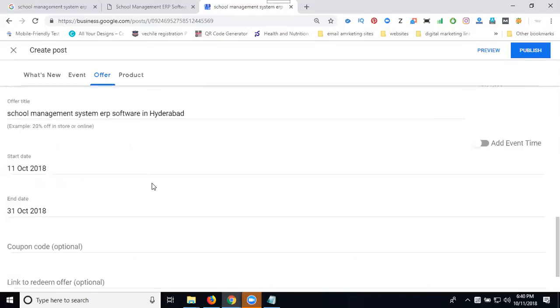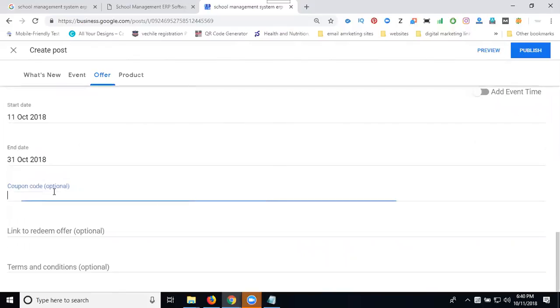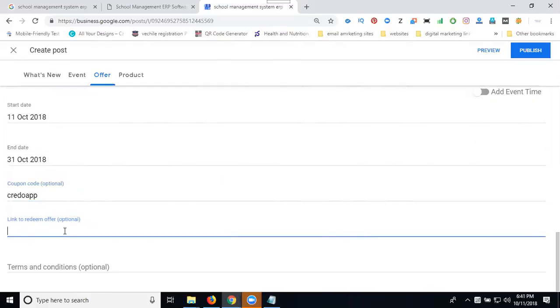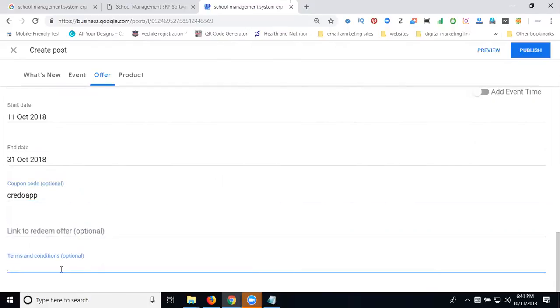After that, they can go for offer, coupon code, paid app, offer terms and conditions, software, all schools.